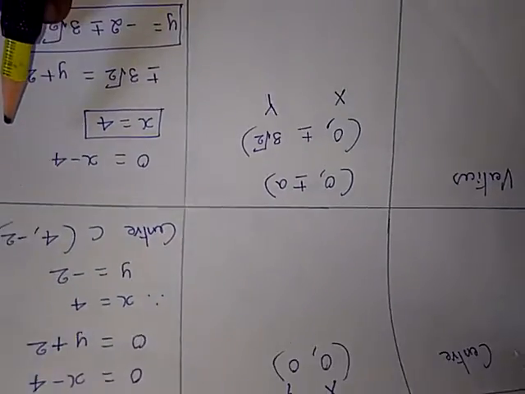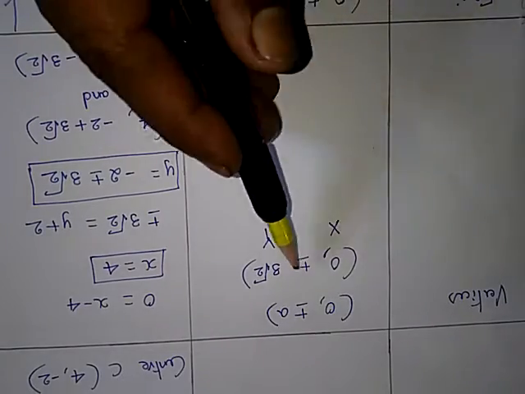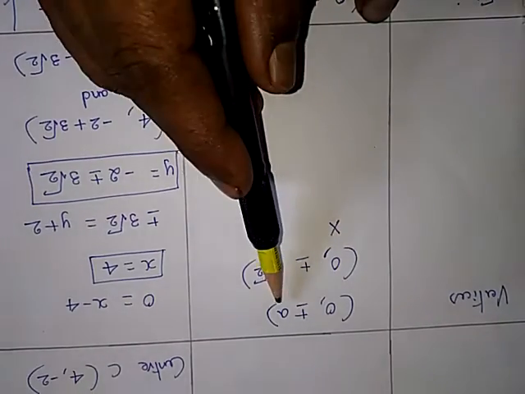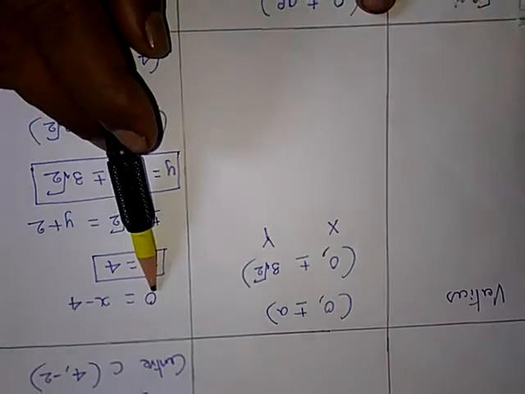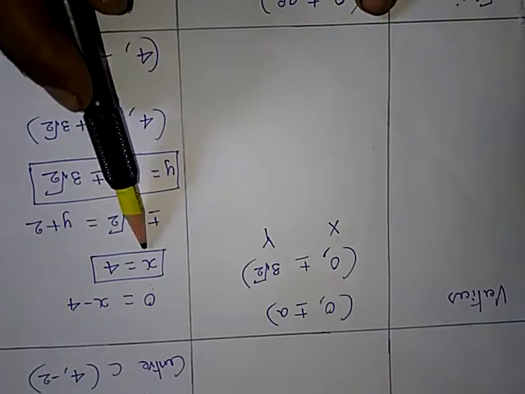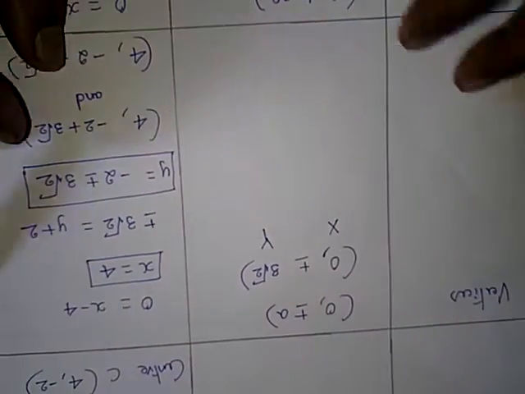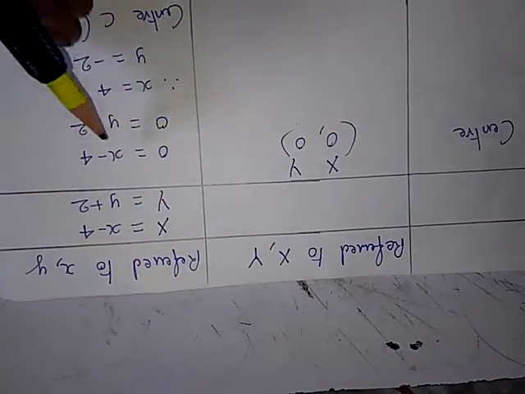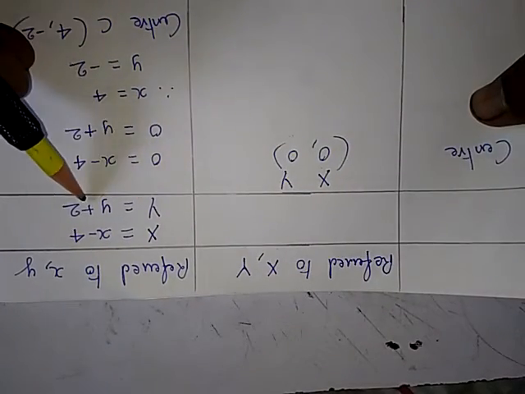Next we will go for vertices. So for vertices the coordinates are 0, plus or minus a. 0, plus or minus a, just now we found out which is 3 root 2. Now x value is 0. Capital X value is 0, you substitute, which is equal to x minus 4. Bring this 4 this side, x equal to 4. Now capital Y is given by y plus 2. See, capital Y you have y plus 2. Therefore y is equal to what? Capital Y minus 2.